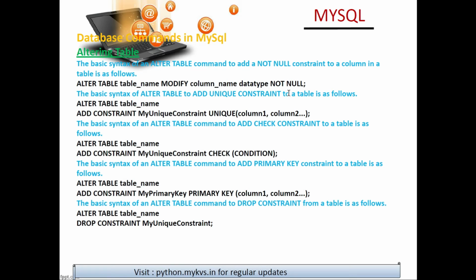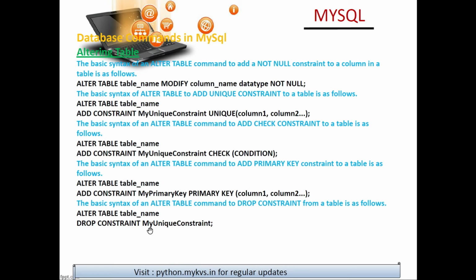In that case the column cannot be null. Here you can also add a primary key if you forget. It is simply alter table, table name, add primary key, and in brackets you give the name of the primary key. And if you want to remove the primary key, alter table, table name, drop primary key. Just like that, finished. That particular constraint will be removed.